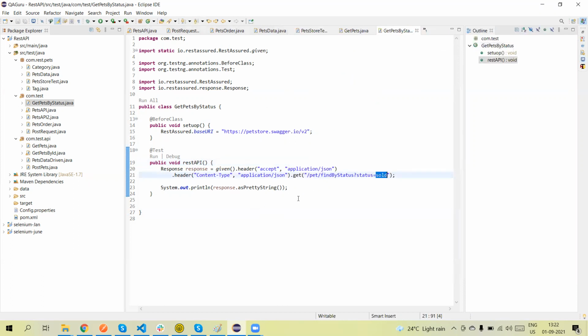Now, if I want to verify the test is working for all three statuses, pending, available, as well as sold, then we need to update the data each time and then run it. But if we use the data provider approach, the same single test can run three times with three different sets of data, without duplicating the code. Let me show how we do that.